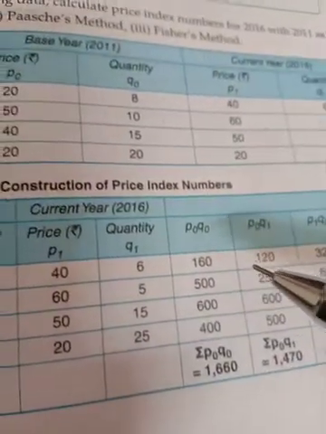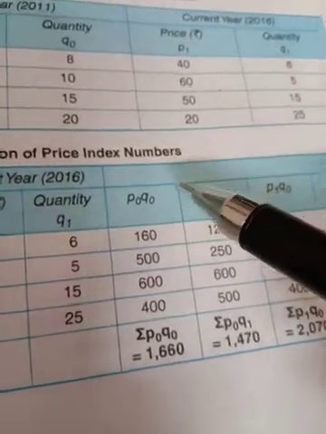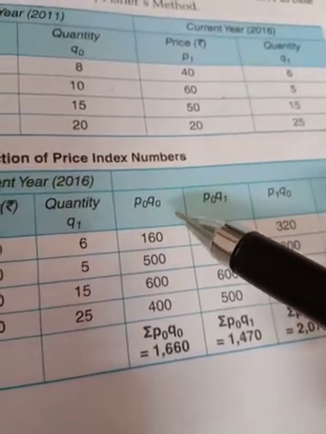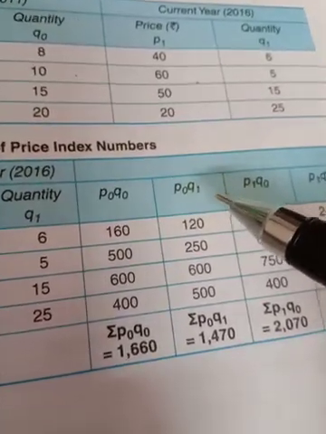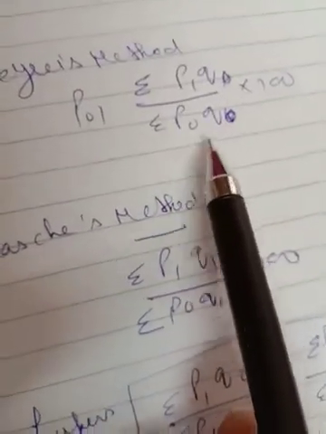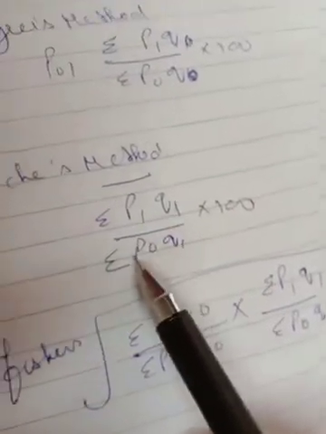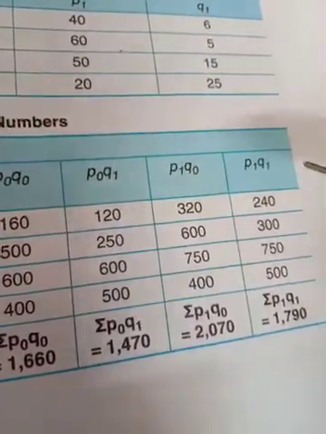Now we have to do this: these are the products A, B, C, D, and now we have to calculate. First of all, in the Laspeyres, all three formulas are to be applied over there. So first of all, you have to calculate P0, Q0, and then P0, Q1. So here the Laspeyres formula that you have to follow: P1, Q0, P0, Q0, and then P1, Q1, P0, Q1. So this you have to calculate. These are the things you want over there.